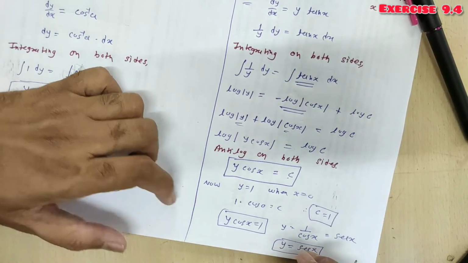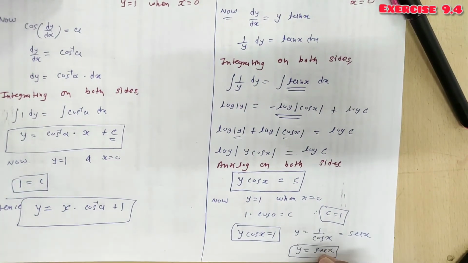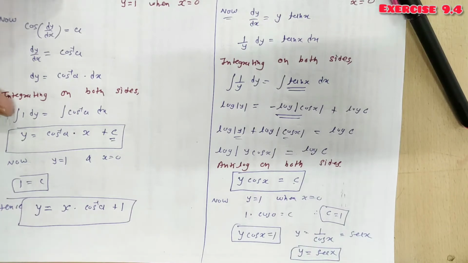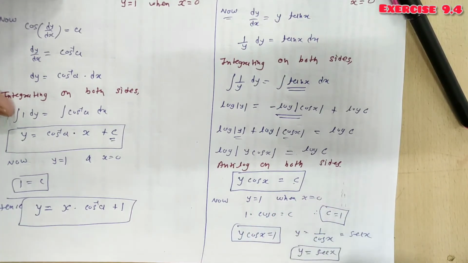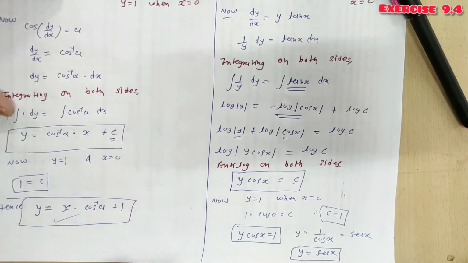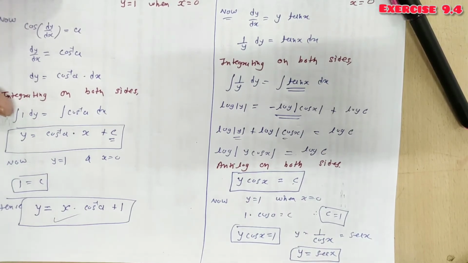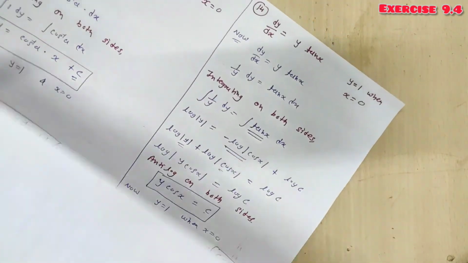In a particular solution the number of arbitrary constants is 0. In our particular solution, how many arbitrary constants will there be? 0, because we used the condition to find the value of the arbitrary constant and applied it. See, here also the number of arbitrary constants is 0. Done. That is known as a particular solution. So these are question numbers 11 to 14, in which we have to find the particular solutions. Now, moving further towards question number 15.